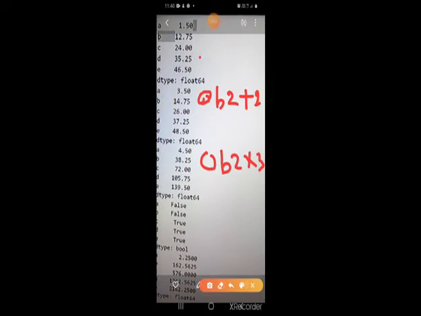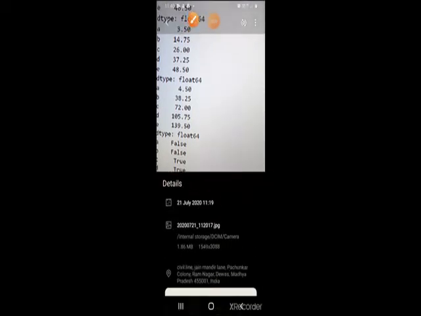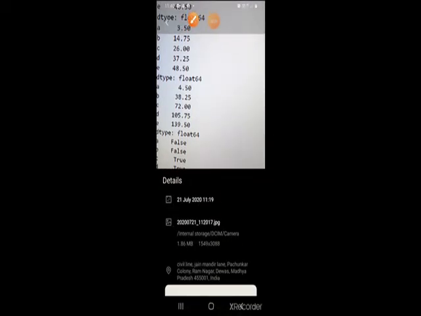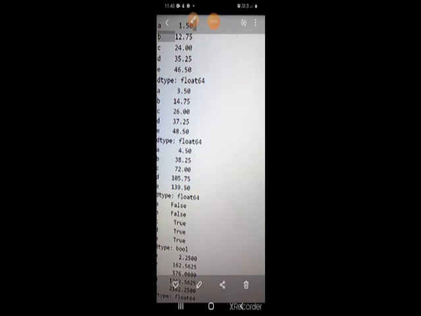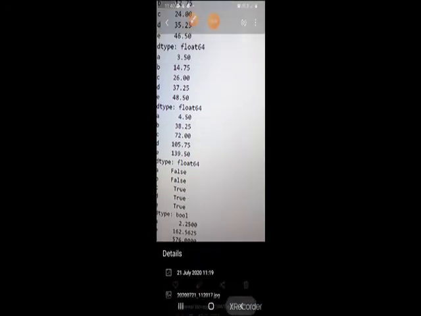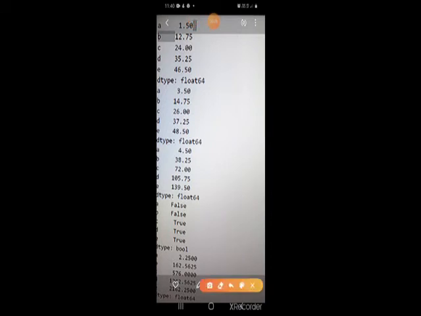Alright, then this one is OB2 greater than 15 or not. Okay, and this one, the last one, is OB8.